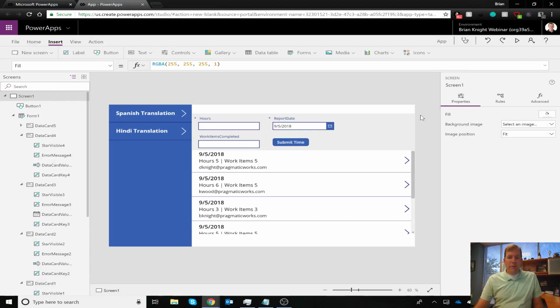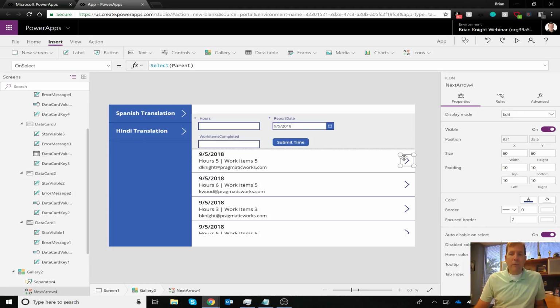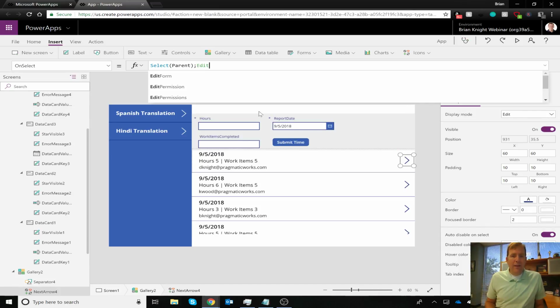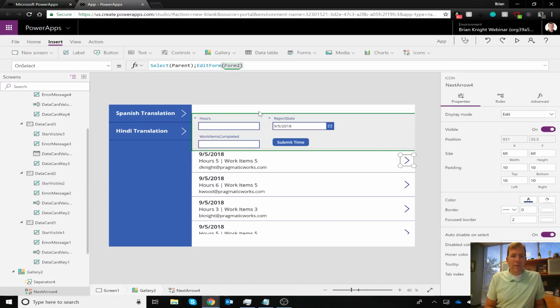The next piece I want to do is I need two things. I need to go ahead and change this arrow right here to where it will actually edit the form on top. So to do that, very, very simple. I need to change the mode of that form away from new mode and into edit mode. So let me go ahead and select the parent. Then I'm going to say edit, there it is, edit form, pass in my form name, form 1, close parenthesis,